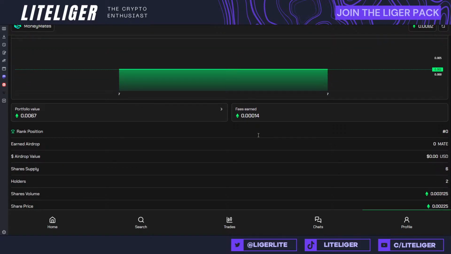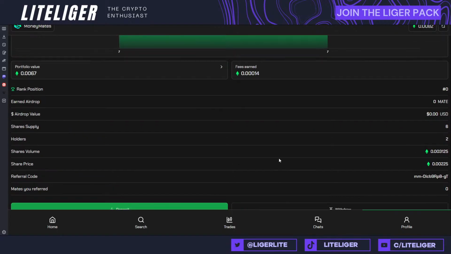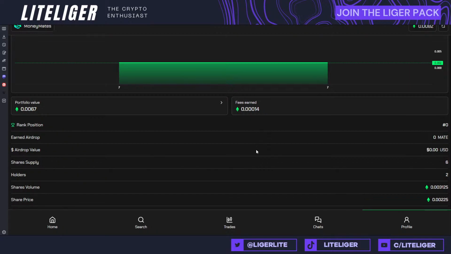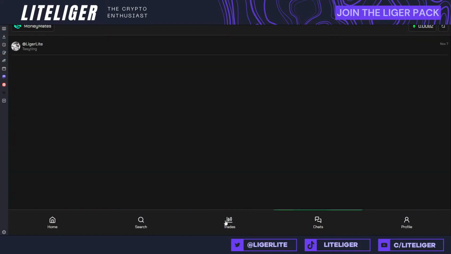You need to deposit into this account in order to activate it. So this is a separate account, okay? Remember, this is like a new account and it gets its own private key. So you can export this private key and use this account to farm out this drop, which I'm not doing right now, but I might do it for a second account that I'm doing. Because this is a good place to basically farm out transactions, because you're going to be doing trades, you're going to be buying your own shares, and there's a lot of speculation and flipping on this platform.